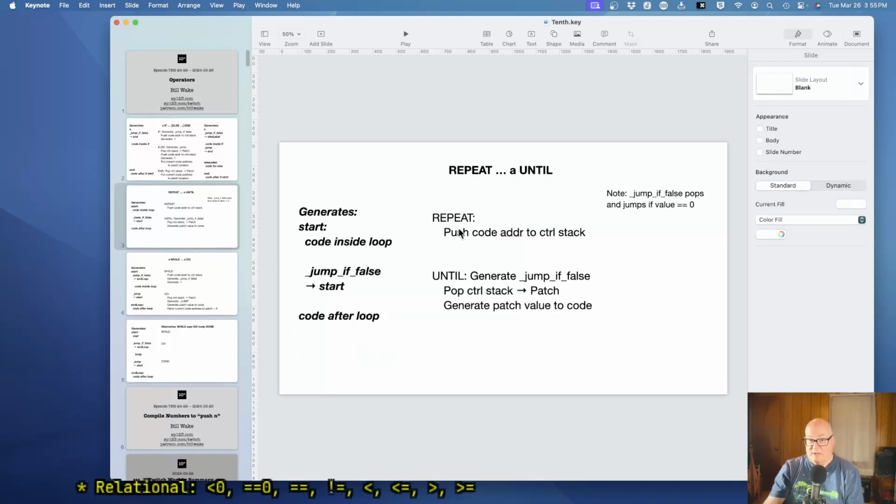So whatever control structure I make, the beginning and end have to be like nested parentheses. They have to undo, they have to make it look back to normal for the next control structure that comes along, or for the outside one, and same thing for an inside one. If there was a repeat until inside, we would have two repeat targets on our control stack. This start and then the second one, and then the first until would do the topmost stack item, and the second until would have the next one down. So it's